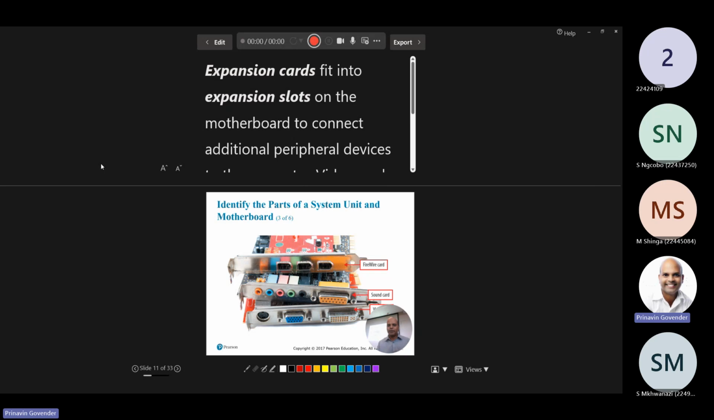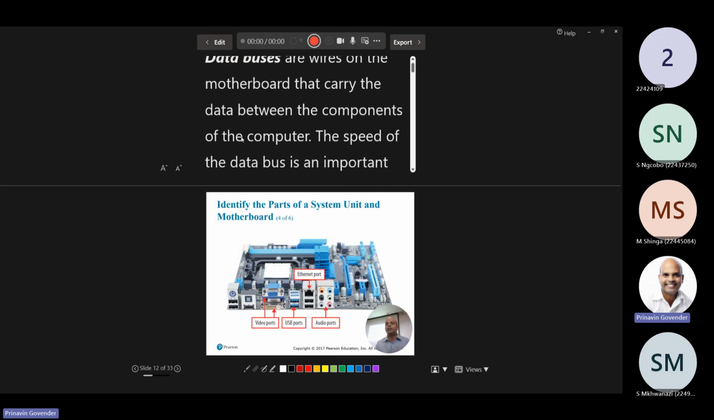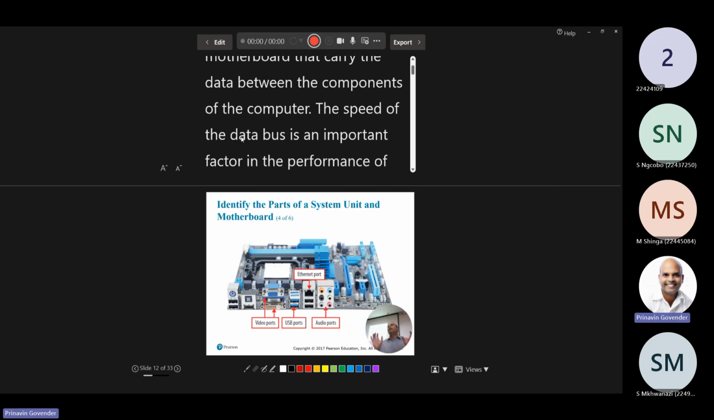Just an expansion slot. Data buses are wires on the motherboard that carry the data between the components of the computer. It affects the speed of the computer, right? So let's go back many, many years ago. The word size was only 8 bits, and that's how you got a byte. If I had an increase in the word size and I made it 16, then I could have more in terms of storage. If I had 32 as a word size, then again,